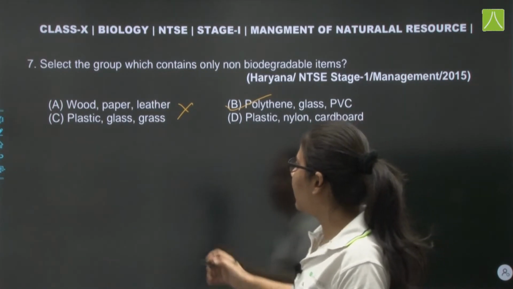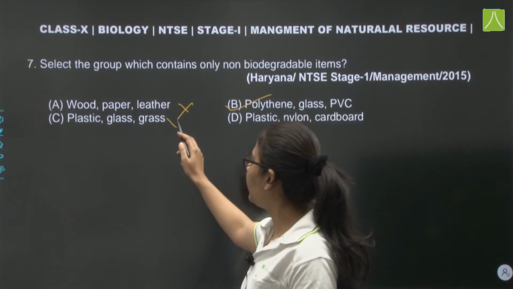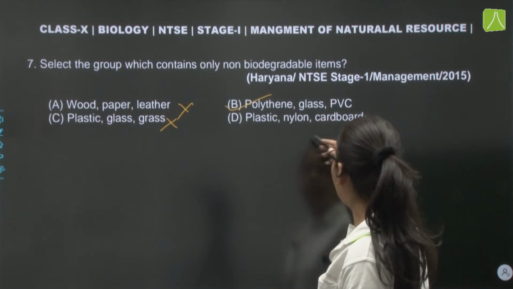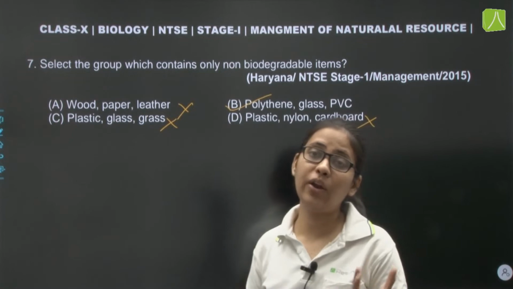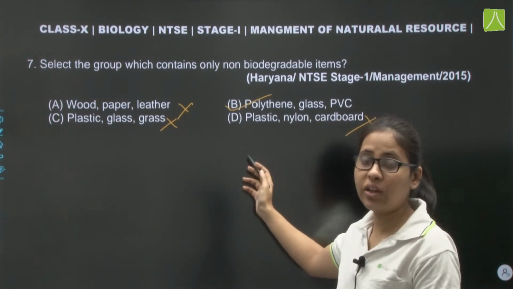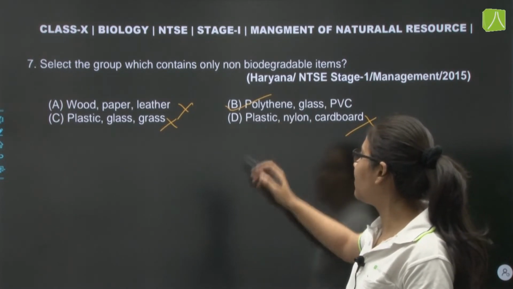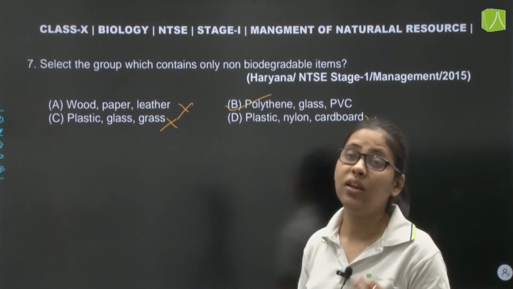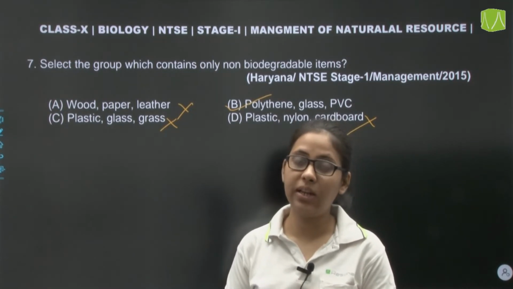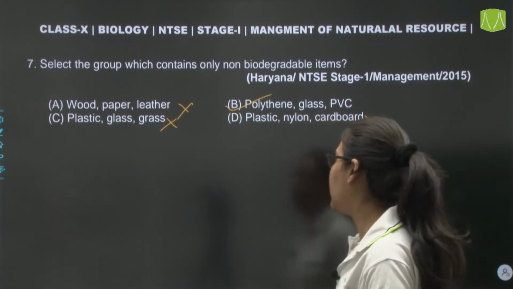On the other hand, grass is also biodegradable, so this one is also incorrect. Cardboard is made up of wood only, so it is a biodegradable substance. So these 3 options are incorrect. So the correct option over here is B, that is polythene, glass and PVC. These 3 are all non-biodegradable in nature. So the correct option is B. Next,